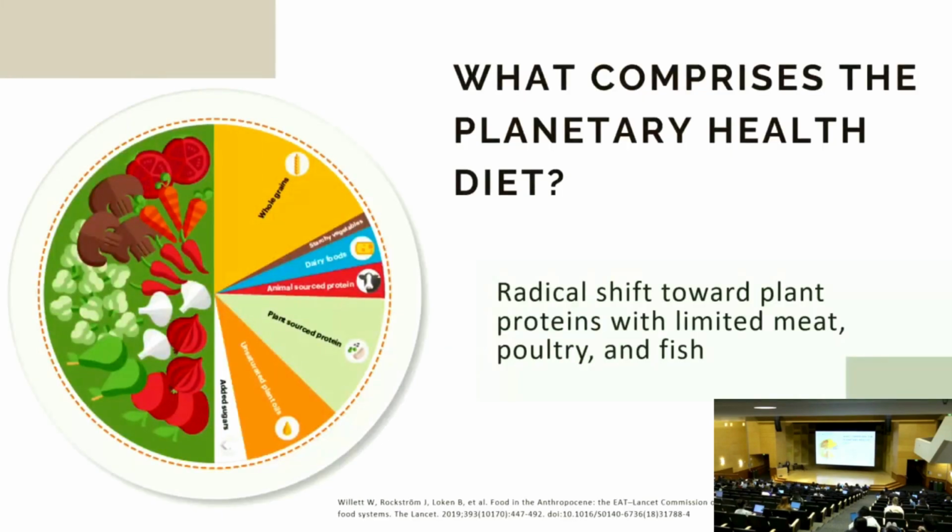So we also covered what comprises the Planetary Health Diet, but the key takeaway from here is that it is a radical shift toward plant protein with limited emphasis on meats. You can see that represented by half the plate being vegetables. Just the blue and red up here are those animal source foods. And it also looks a bit like the MyPlate diagram for those of you who are familiar with the USDA MyPlate. However, MyPlate doesn't take into account the environment. So we get an even bigger shift toward plant protein here than we do with MyPlate.